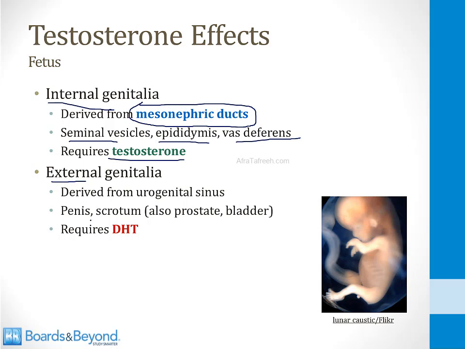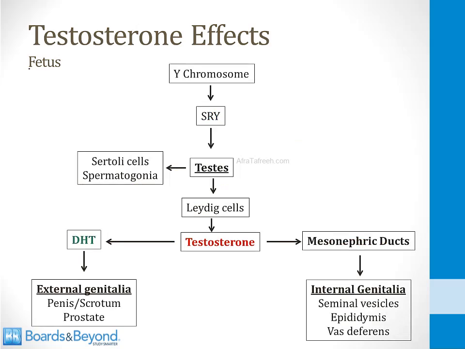The external genitalia are things like the penis and the scrotum, also the prostate and parts of the bladder. These are all derived from an embryologic structure called the urogenital sinus, and development of these structures requires normal levels of DHT. On this slide, I've summarized the role that testosterone plays in development of male sexual characteristics in the